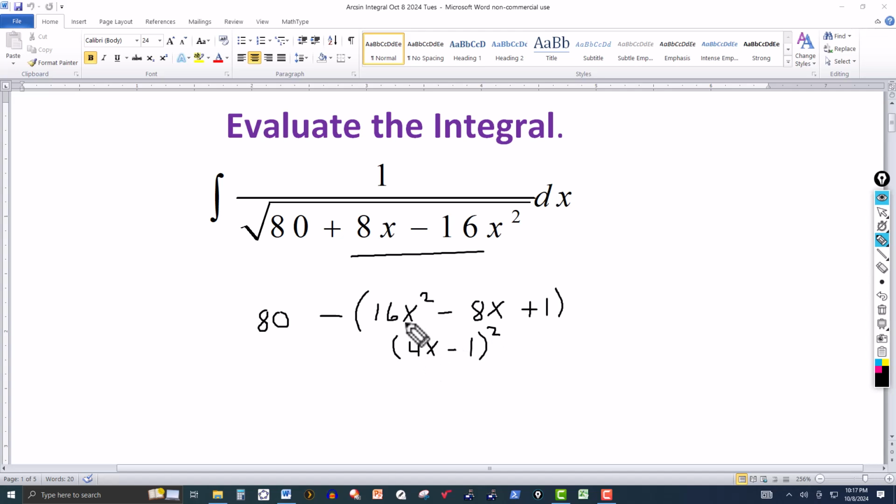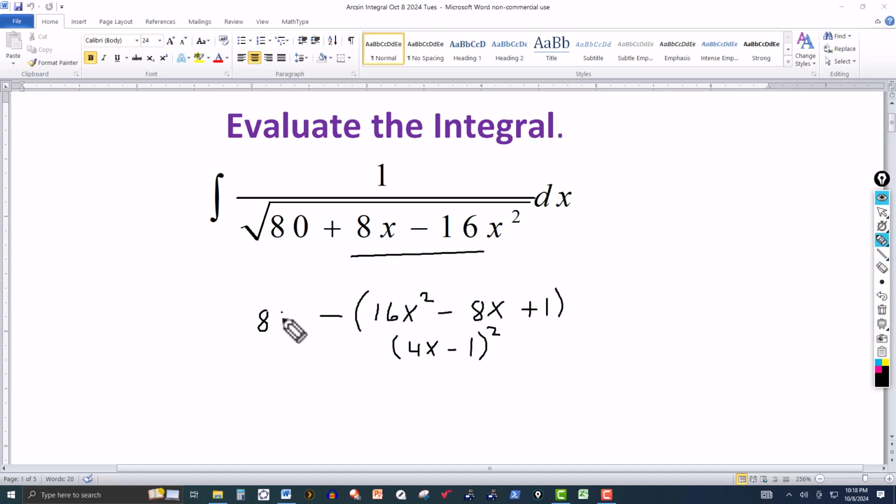Square the first term, it's 16x squared. Double the product, this is minus 8x. Square the minus 1, I get 1. So this makes just a perfect square this way. But I just can't add a 1 here. Actually I'm adding a negative 1, because I've got a minus in front, so this minus multiplies this positive 1 and makes it a minus 1. So I'm adding a minus 1, and I have to do the opposite and add a plus 1. So instead of 80 here,